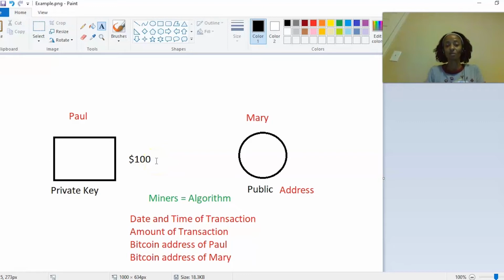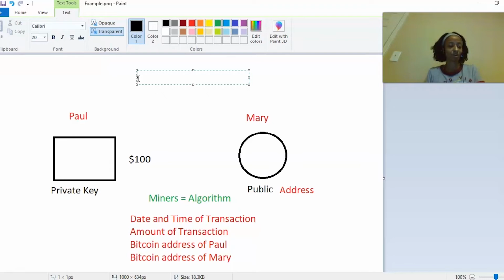We'll say Paul wants to send Mary $100, and this transaction will include the following information. We'll have the date and time of the transaction. So Paul wants to send Mary $100 today at 5 p.m. So it shows the date and the time. It has the amount of money, the $100. It has the combination of Paul's private key and Mary's public key together, so that all that information is put into a hash. And what a hash is, basically, is all this information turned into